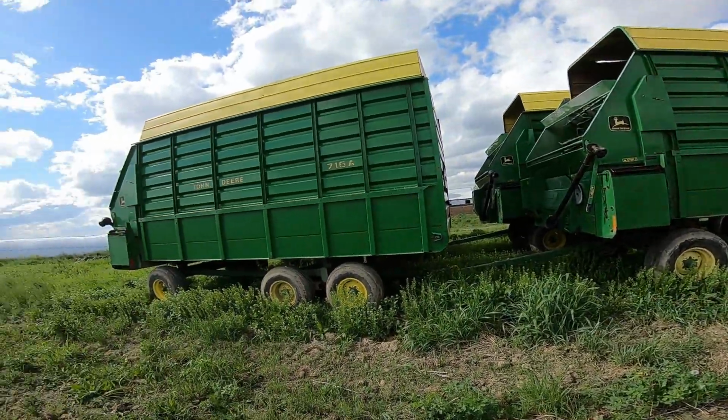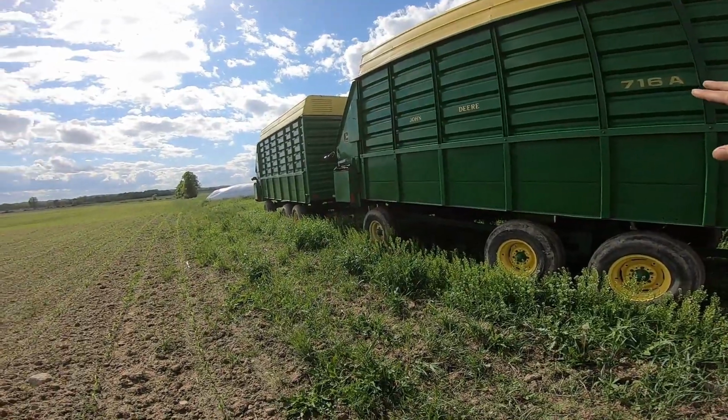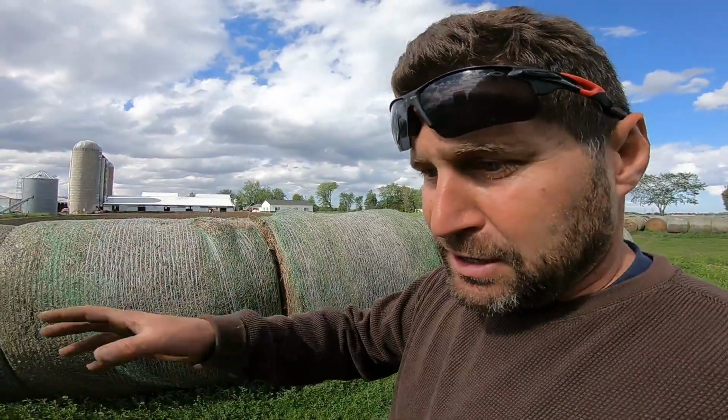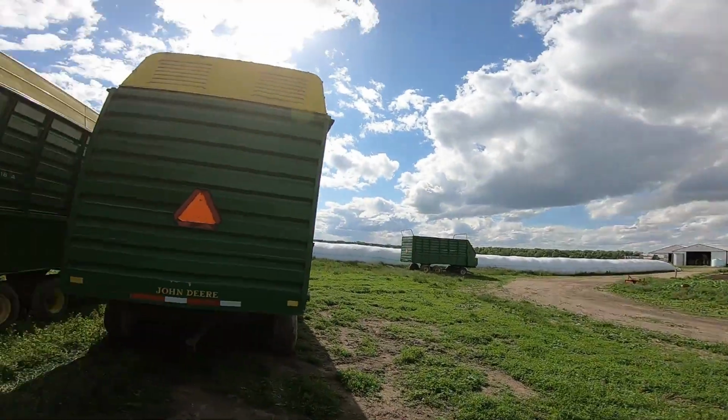So here's these wagons. These girls, I don't know if anybody realized this, these wagons are from the 80s. I mean, some of you farmers, you know that, but if you're not a farmer, look at these bad girls. We've done painting them, we took care of them, rebuilt them. You can't even buy them anymore. They don't even make them anymore. They made them so well with shear pins and roll pins all throughout them that they were made to, if there was a problem, something would break, so the main gearbox and everything wouldn't be compromised. So we know a lot about them. You know, we run 9 of them, I've got 5 checked over, and